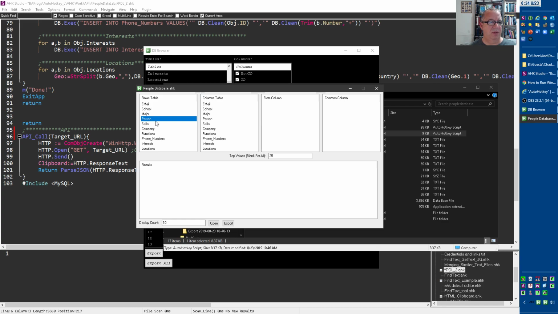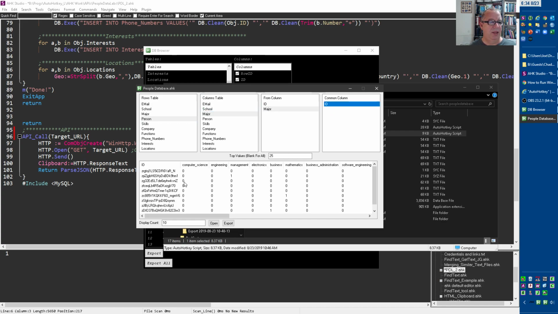So it's going to be person. And then from here, let's look at their majors and major, and then use ID. And this automates creating that table, and I can export it. I can also limit it. This is limited to the top 25, because it can have thousands, and SQL can't handle thousands. And even then I can't put thousands in the additive tree, but it's pretty cool.